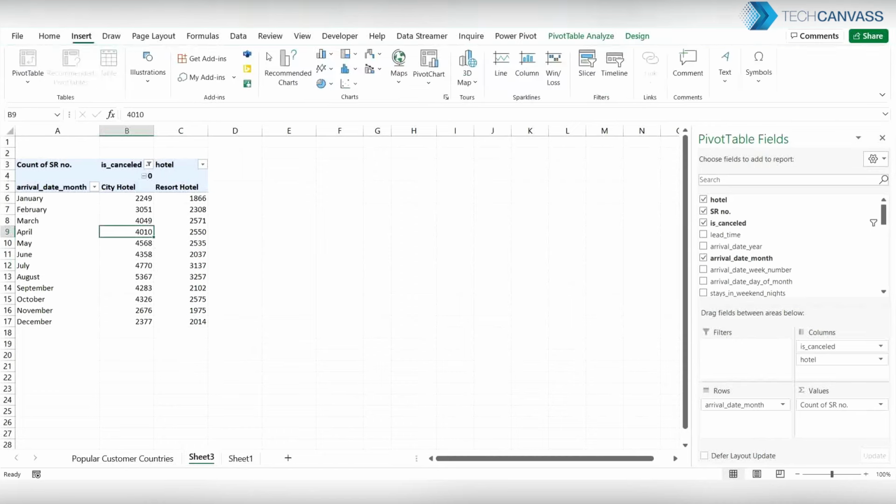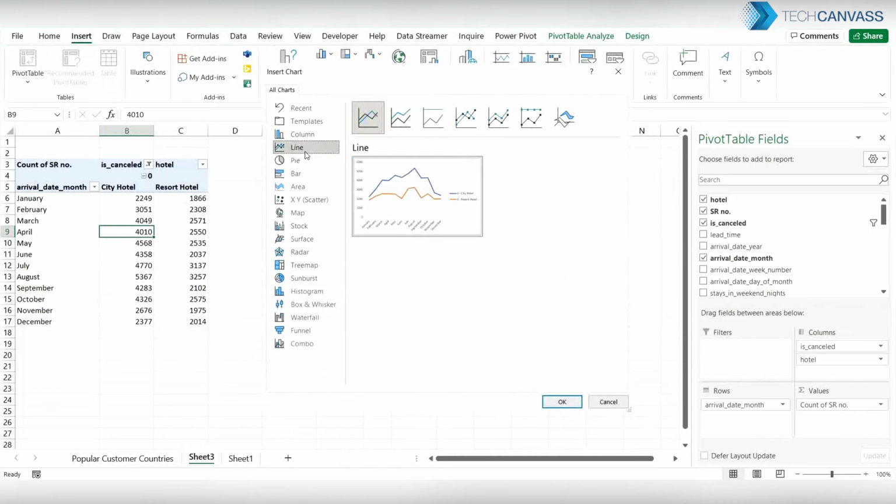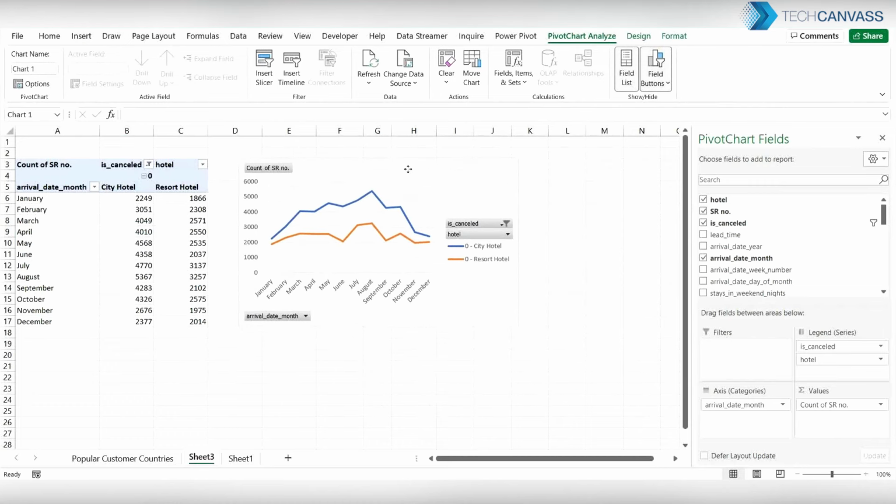So let's go ahead and insert a chart. We'll create a line chart here. Okay, so here we can see how the data is fluctuating. The summer seasons are definitely more popular for city and resort bookings. We can see that. But especially there are some peaks here, and there is a sharp decline for the city hotel reservations.